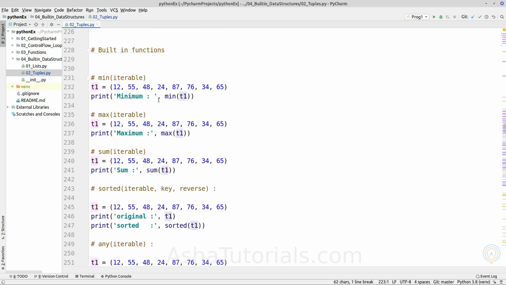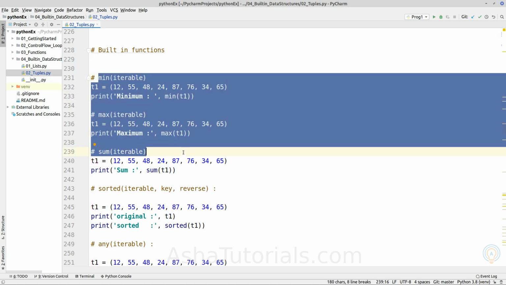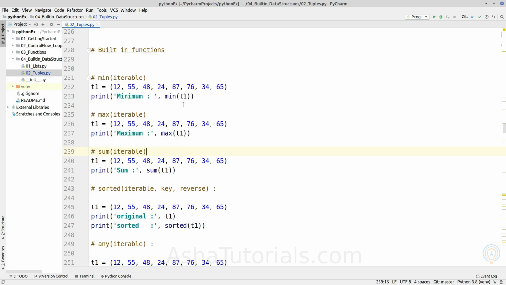Next are built-in functions which we can invoke on a tuple object. So the first three are functions which are only invocable for numeric values. Okay, so if we have a numeric tuple object and we want to pull out the minimum value out of it, you can write min, and inside you can pass an iterable, because the tuple object is a sequence same as the list, so both data types can use this method.